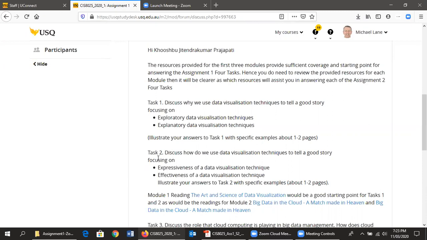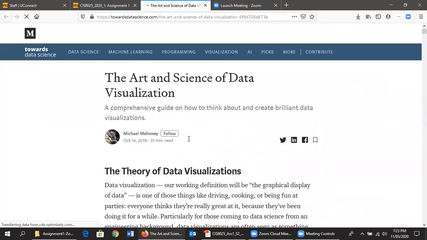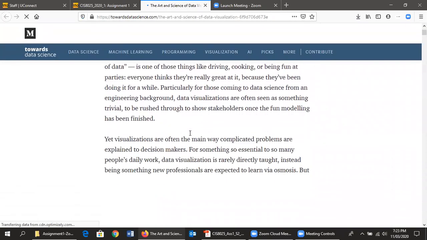Yeah, and it's similar with task 2. How we use data visualization techniques to tell a good story, focusing on the expressiveness of a data visualization technique and the effectiveness. The key reading as a starting point for that is this one here, the art and science of data visualization. And if I open that up and scroll down through that,